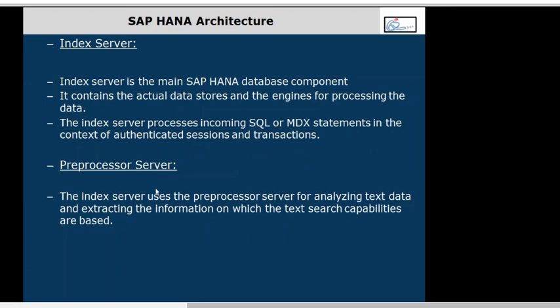Next, the pre-processor server. The other day we discussed that in HANA we can process unstructured data. We have something called full text index and fuzzy search. Fuzzy search means fault tolerant search. For example, I'm trying to search for the word Cubex. I need to get all the strings like Cubex Technologies, Cubex Private Limited, wherever the string matches at least a minimum of 10% or 5%; we can give weightage also. That is called fuzzy search.